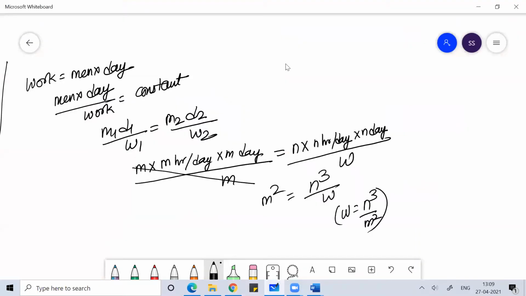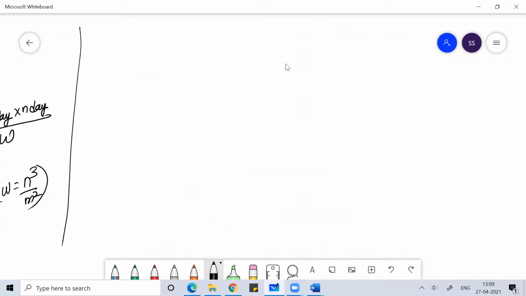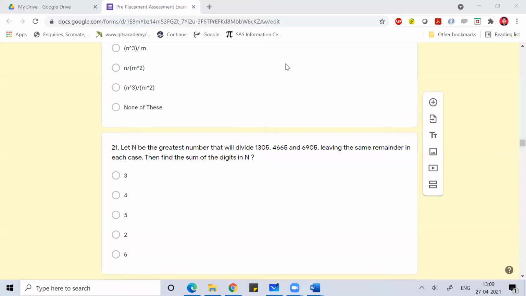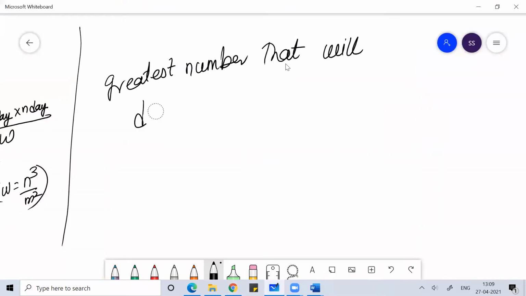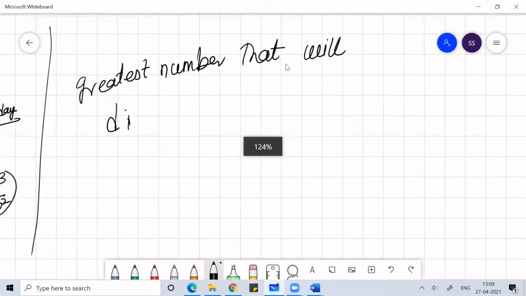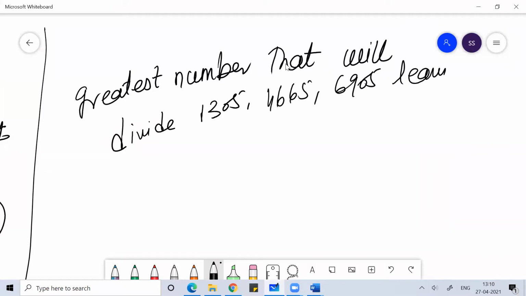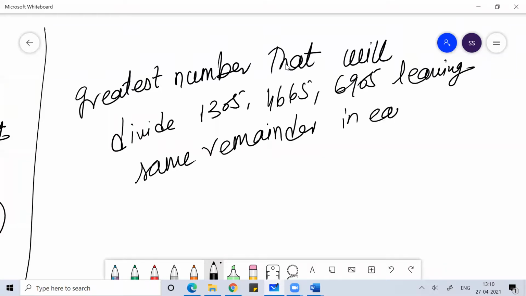So here always remember the greatest number. Whenever you get this kind of question, the greatest number that will divide 1305, then the next number is 4665, and 6905, leaving the same remainder in each case. If you get the problem, leaving the same remainder in each case,